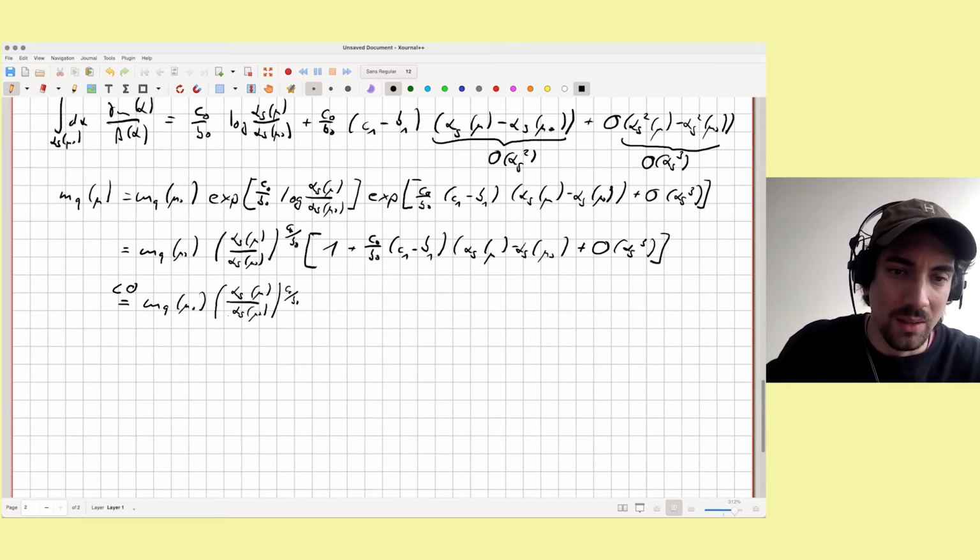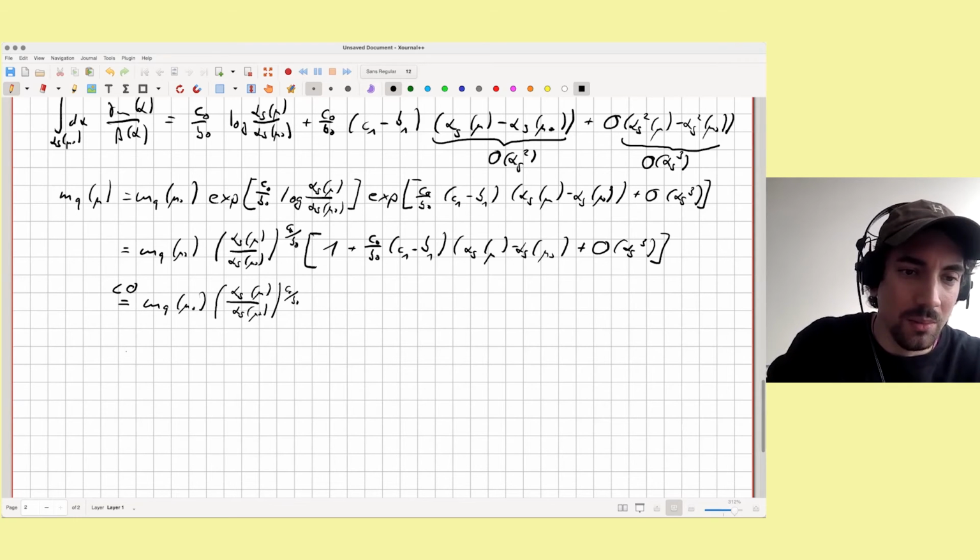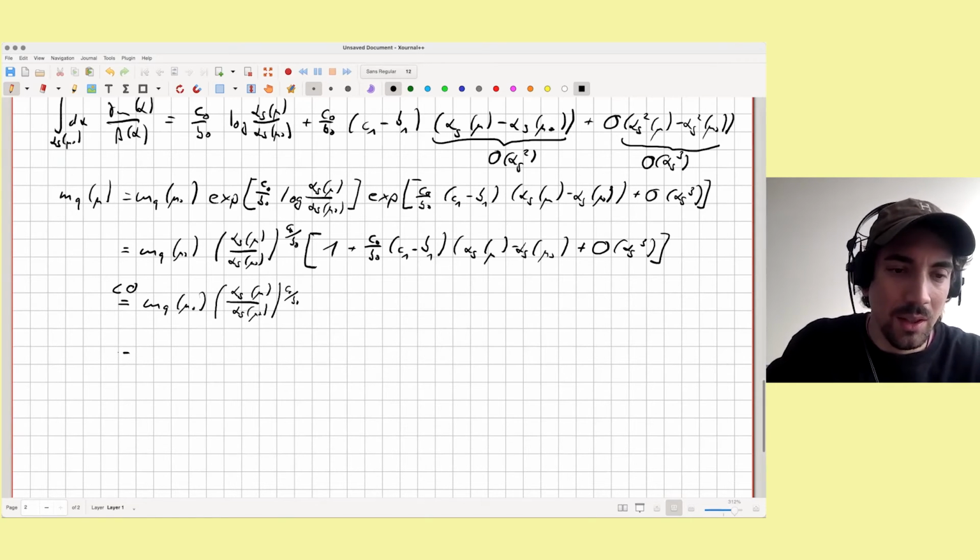B naught, and this can be rewritten using leading order running of alpha s. This can be rewritten as